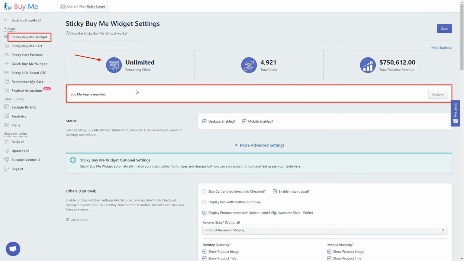Things to keep in mind while enabling or disabling the Buy Me app. First, after enabling the Buy Me app, you are able to access all the features offered as per your selected plan.